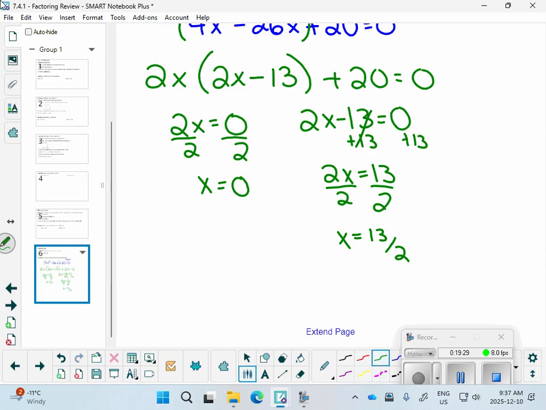So factoring normally gives us our x-intercepts. Partial factoring gives us the y-intercept and its pair. Okay, so this is going to be the point (0, 20). And this is going to be the point (13 over 2, 20). Okay, and I think, in your textbook, it asks you to do partial factoring. I think on maybe your test you have to do partial factoring. So remember that partial factoring